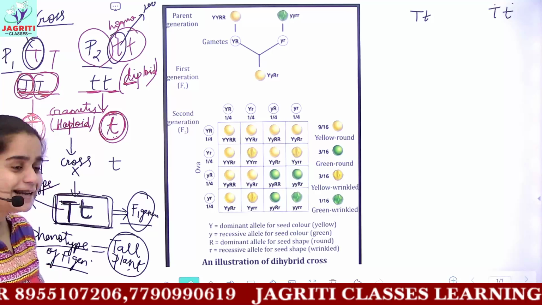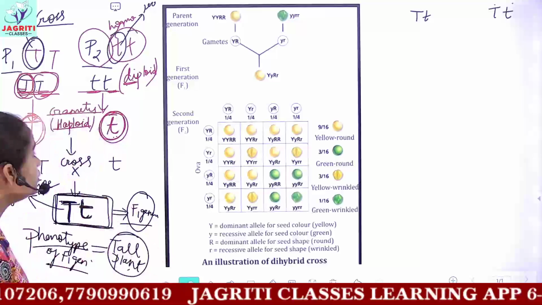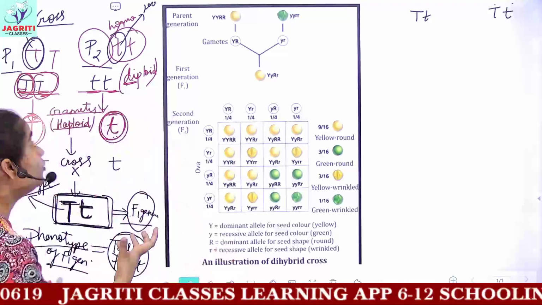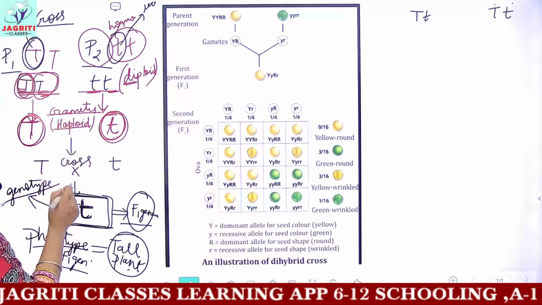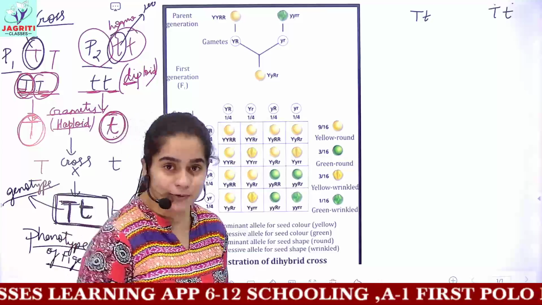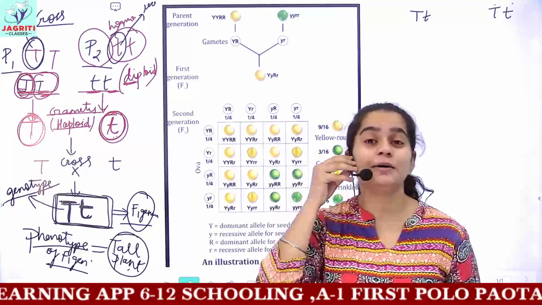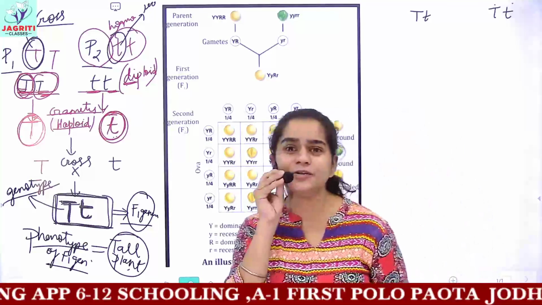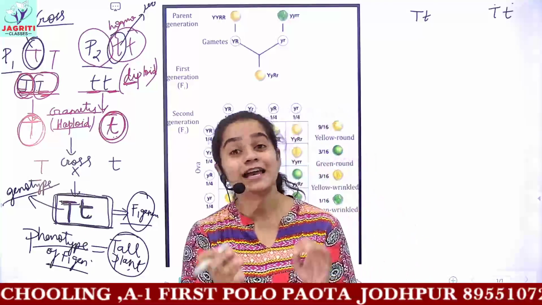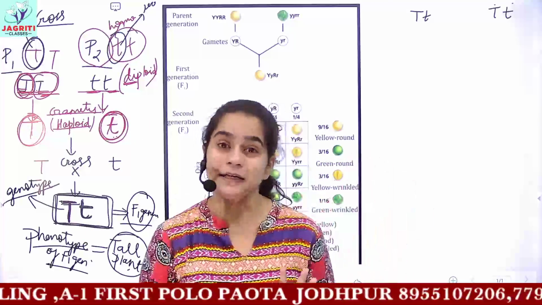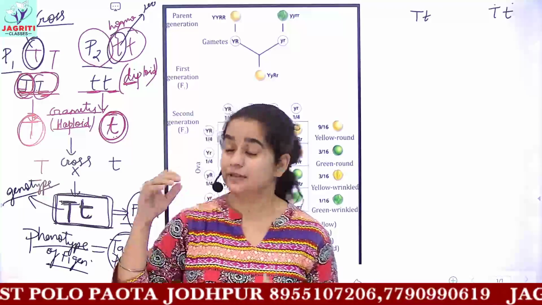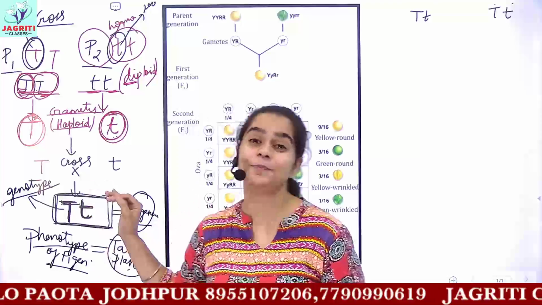Most of you remain confused that if we take any two characters of our own choice, how would we know which character is dominant, that is, which character will be expressed in F1. This remains a confusion among most of the students. So the answer is that all the crosses which we are studying are based on the experiments done by Mendel.